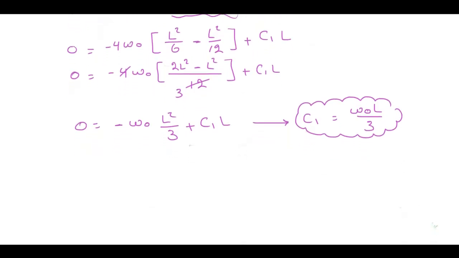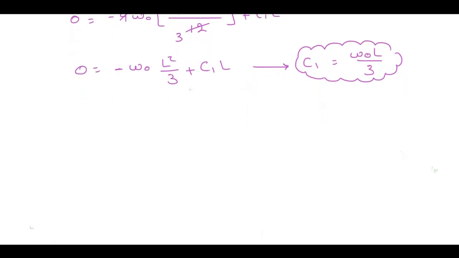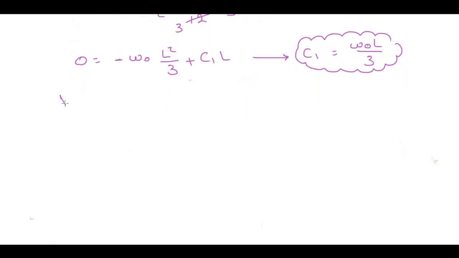Okay, let me write the two equations down. I have V of x equals minus 4 W naught times x squared over 2L minus x cubed over 3L squared plus C1, which is this, and